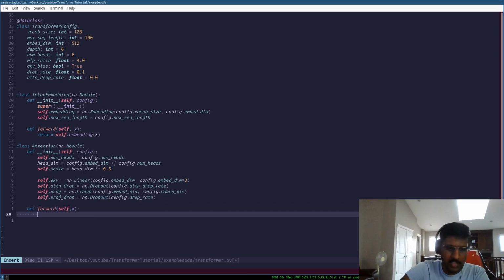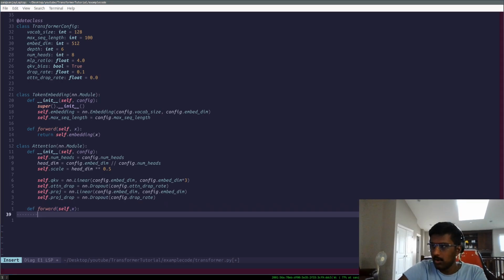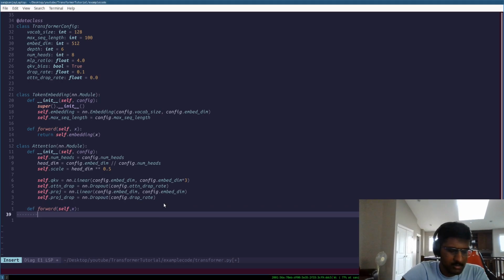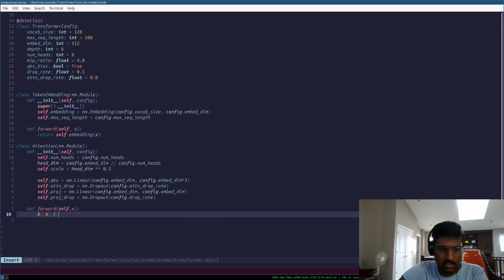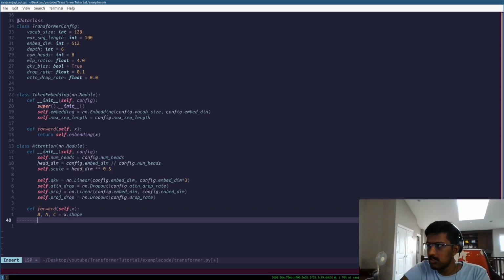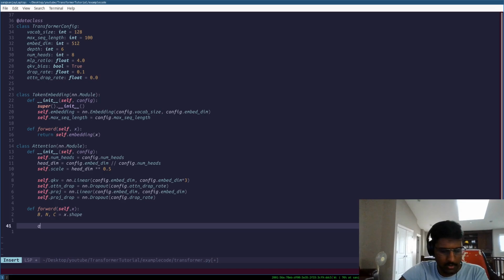Now we actually do the attention calculations, right? What I'm going to first do is split up the x into the batch, the number of tokens, and c, and that's just the x.shape, right? So that's just how big these are, and then we can actually do attention stuff here. So first we're going to follow it through the QKV layer. This is the queries, keys, and values. So that's self.qkv of x, and we're obviously going to